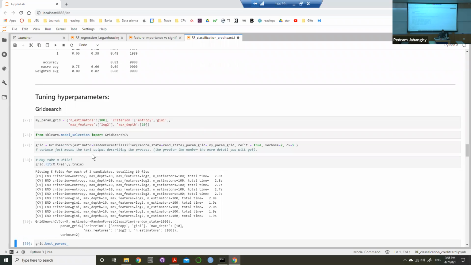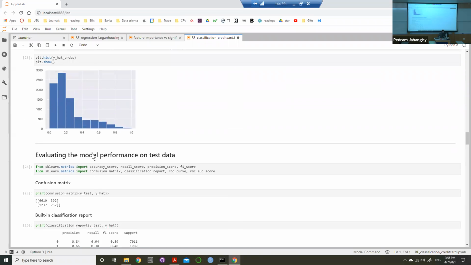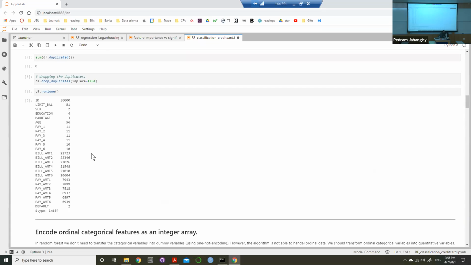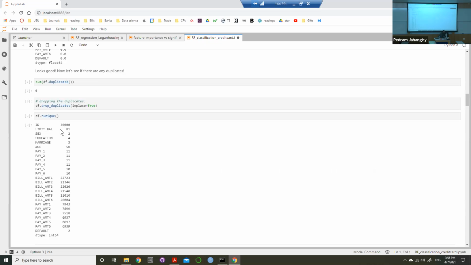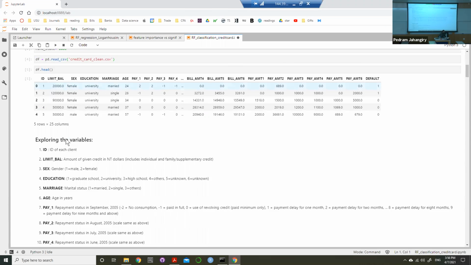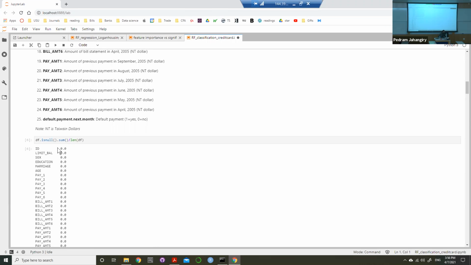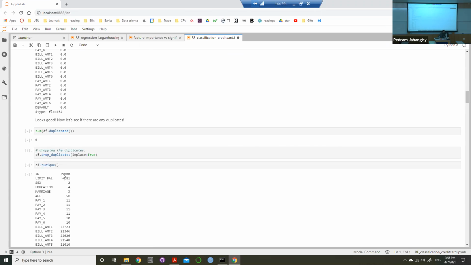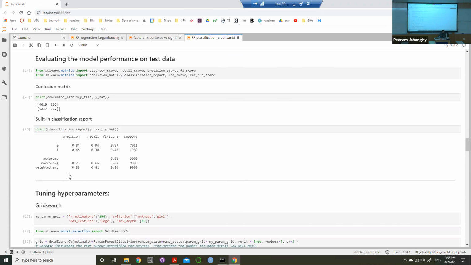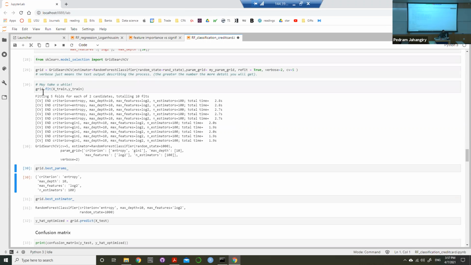Even with that, by the way, we are talking about 17,000 observations, I guess. Is it that data set? No, I think the number of observations is 30,000. Am I right? I guess so. Yeah, we have 30,000 unique IDs. So this is a relatively large data set. Okay, so that's why this